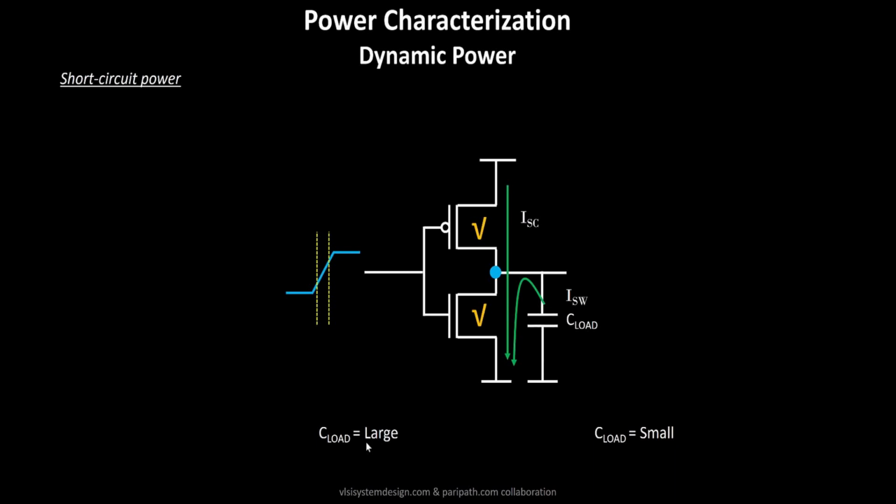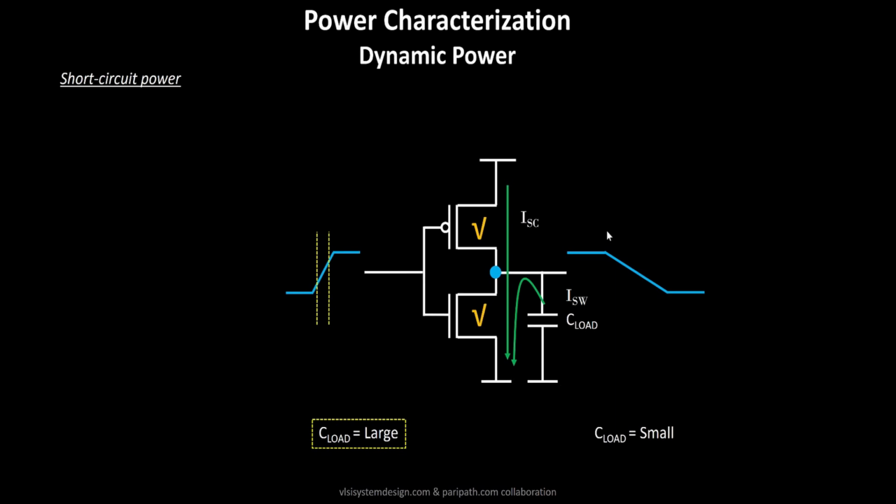So for example, let's take one case whenever your C load is large, and this is the kind of output waveform. Whenever your C load is large, it's basically like a bucket which is completely filled with water, and this bucket is a very huge bucket. In order to empty the complete bucket, it will take a significant amount of time. So whenever your C load is very high, it will take a significant amount of time for this particular capacitor to discharge completely from logic 1 to logic 0.